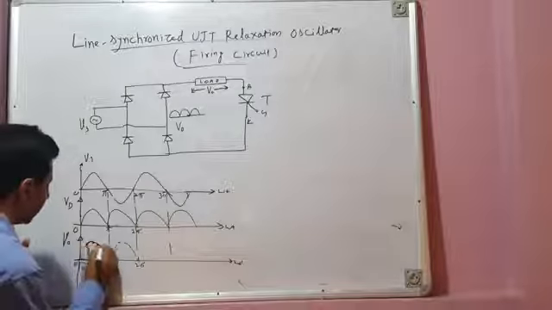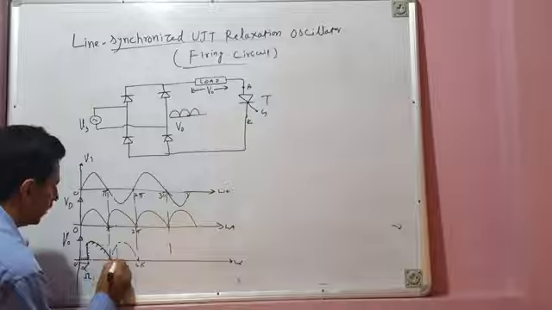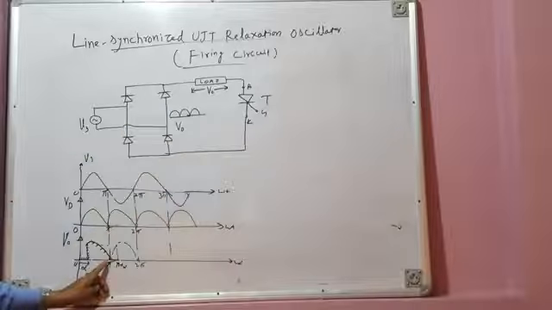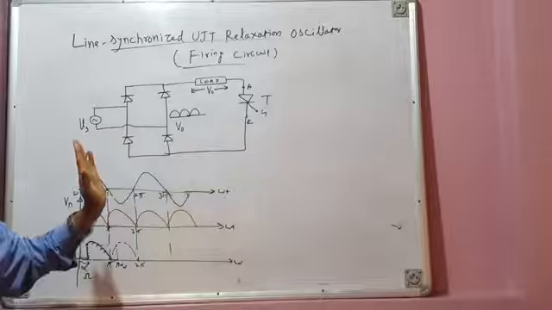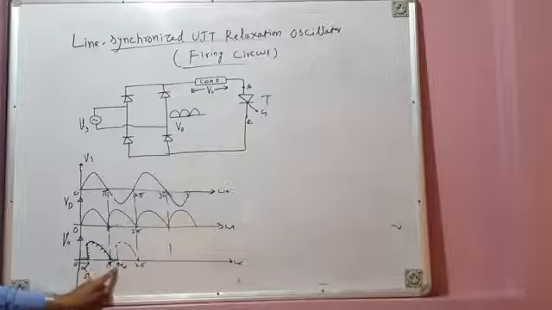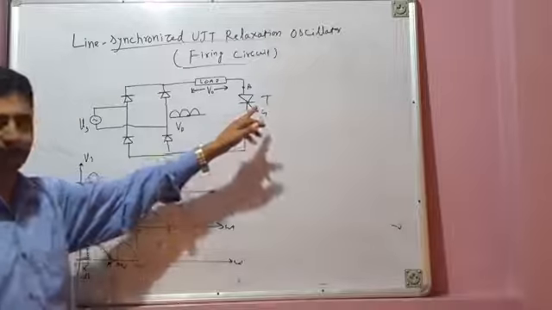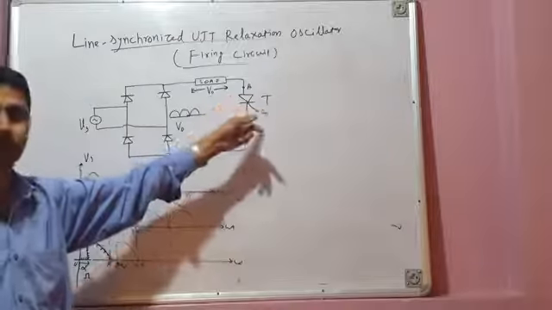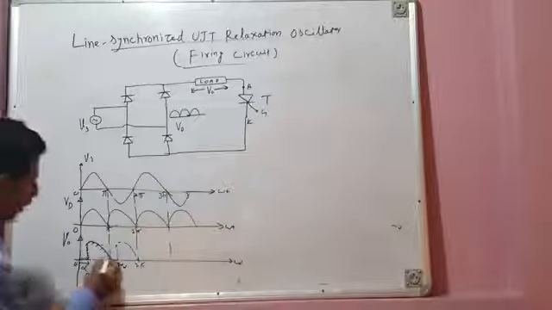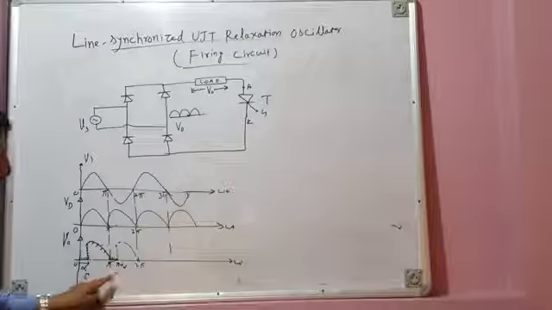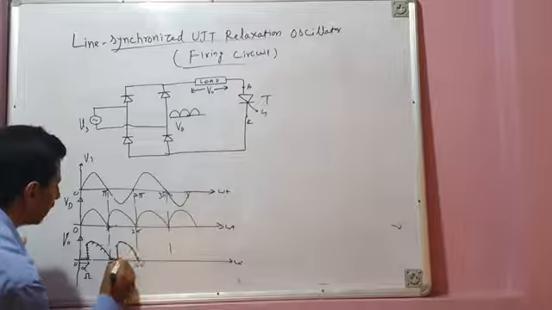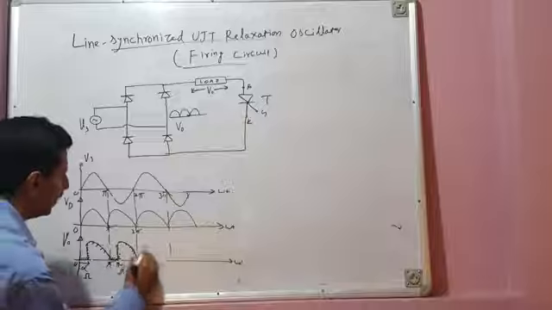Similarly, in the next half cycle also, this is pi and this is pi plus alpha. At omega t equal to pi, current is 0 and the thyristor is off. When current is 0, the thyristor turns off. Then when the next positive half cycle comes, from pi to pi plus alpha, you are not firing the thyristor. You need to fire the thyristor again when current through the thyristor is 0. You are delaying its firing by the same angle. So from pi to pi plus alpha, voltage is 0. At pi plus alpha, you issue the firing pulse to the thyristor, it turns on, and the remaining segment of the voltage appears across the load. Similarly, in the next half cycle.